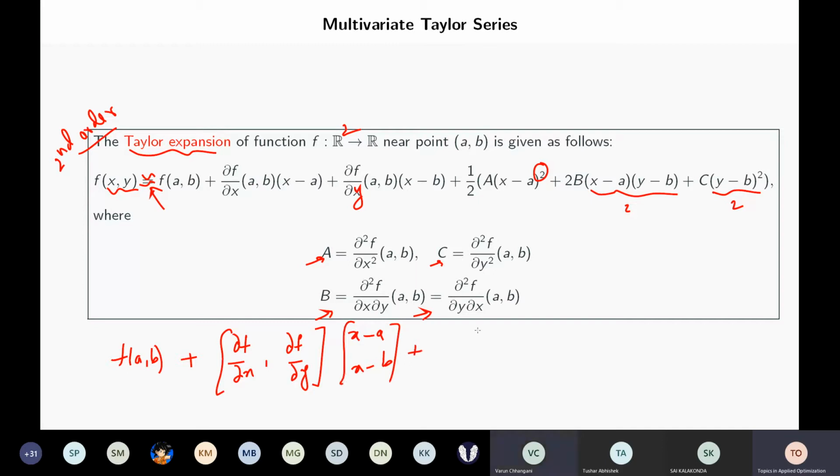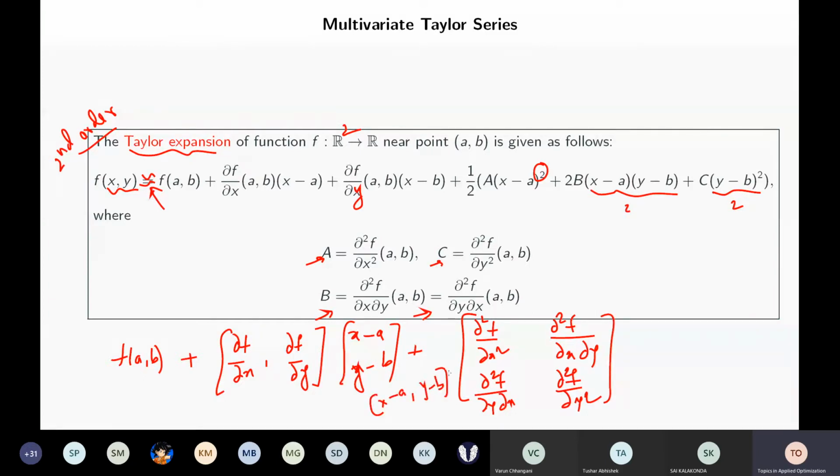And then the remaining term I can write as the matrix with del 2f by del x square, del 2f by del x del y, del 2f by del y del x, del 2f by del y square, and I should also multiply with the vector x minus a, y minus b. So this is the row vector times the Hessian times the column vector x minus a, y minus b, and then